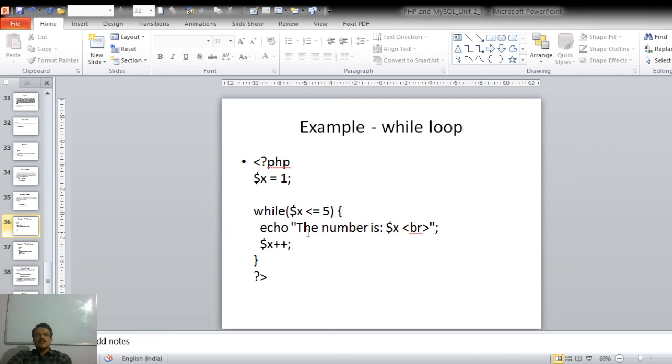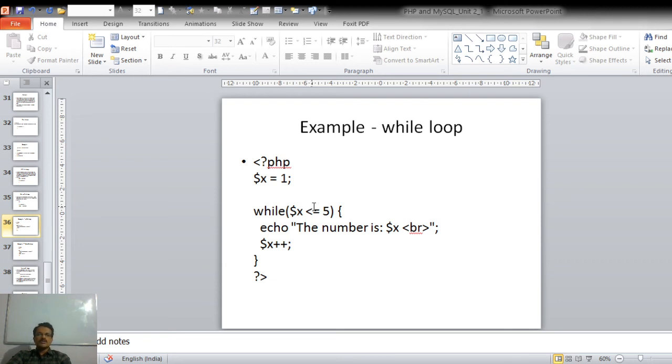So again, initially the value is 1. So x, 1, is less than 5, so 1 will be printed. Then the x value will get incremented, so it will become 2. Again, the condition will be checked. 2 is less than 5. Yes. Again incremented. 3 is less than 5. Again printed, then incremented.